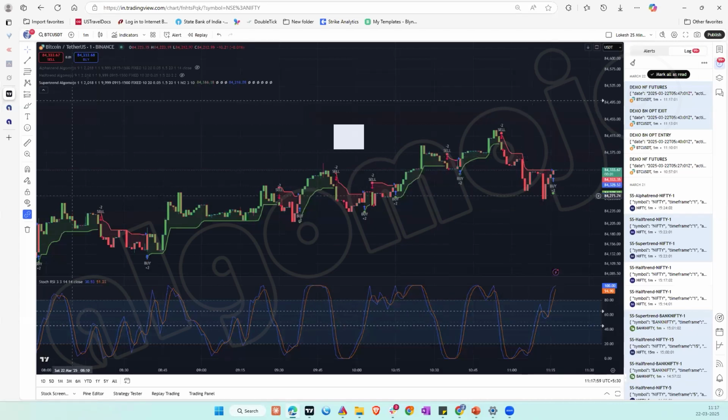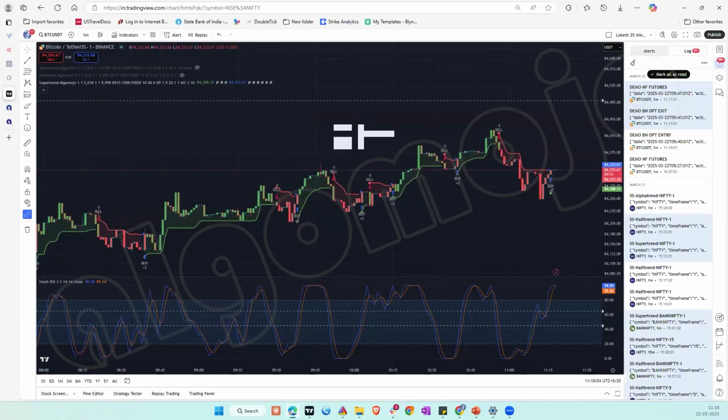Suppose somebody was asking, how do you put a target or a stop loss? And when that target is met, how do you close that order? So this is the way it has to be done. You have taken an entry, for example, manually or based on whatever strategy or whatever your logic is. And from the chart, you want to trigger a target or a stop loss order. All you have to do is create an alert like this, and say we had kept it at 84,500, I can shift it down further, either by dragging it down like this, or I can go to the alert that has been set,